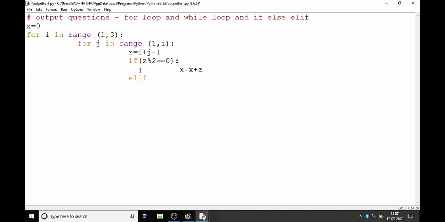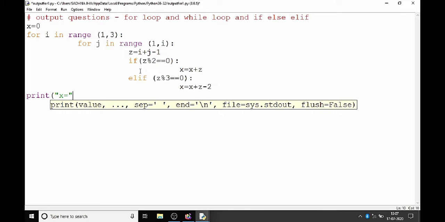Elif Z modulus 3 is equal to 0, x is equal to x plus z minus 2. Print x is equal to x.